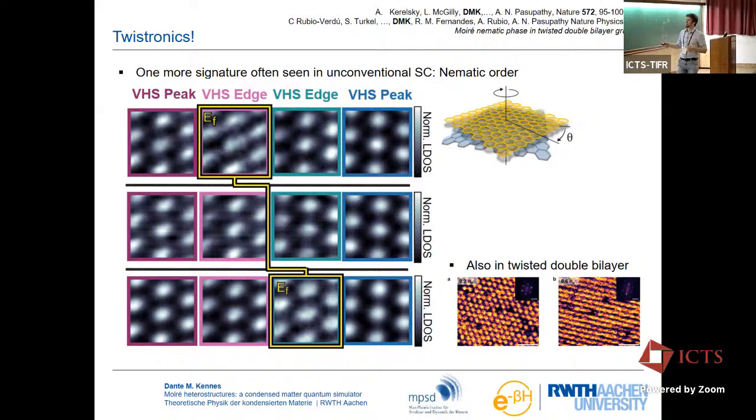Again, for some filling, you find a nicely C3 symmetric signal. You have these defects, so ignore that for now. And you go to a different filling where you would say, okay, here correlations really play a role, and you see elongated stripes, one-dimensional structures, basically spanning this much, much larger field of view. Because this is much more forgiving on twist angle variations, here the field of view can be that large. Here you see it's a much, much smaller field of view. This is only a couple of Moiré lattice sites.